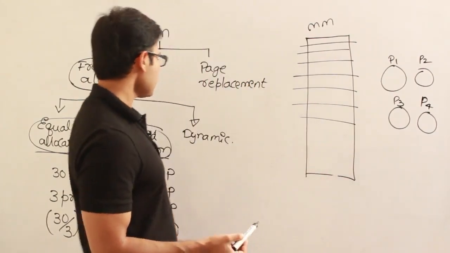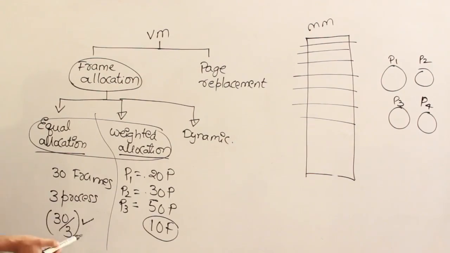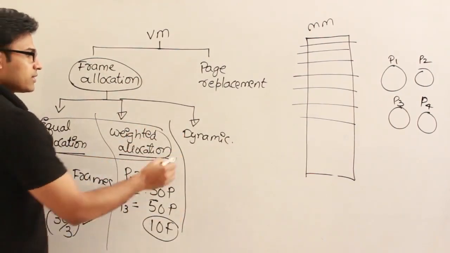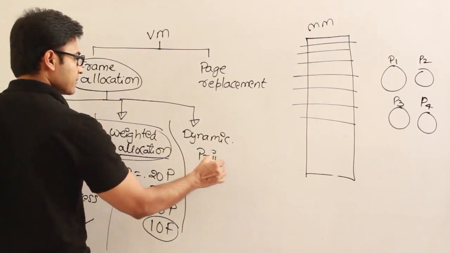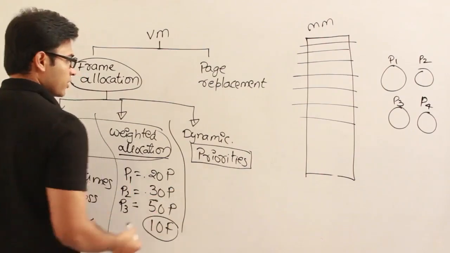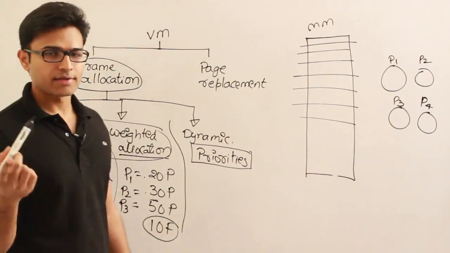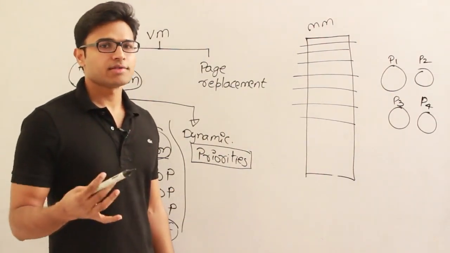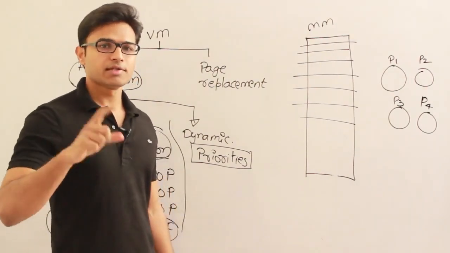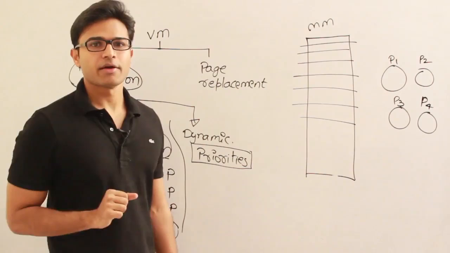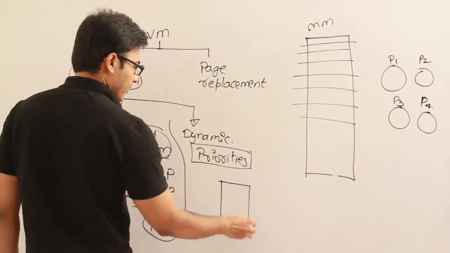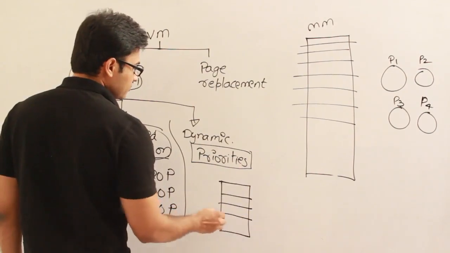We allow a process to grow and shrink as it executes, right? So we allocate something called priorities, and depending on the priorities, I'll start off all the processes with whatever pages they want, let us say 1 page each. Now if a process with higher priority wants more frames, then it could forcefully replace the pages of the process with lower priority, right? For example, let us say there are 4 frames like this,